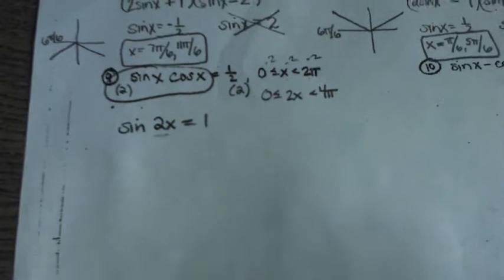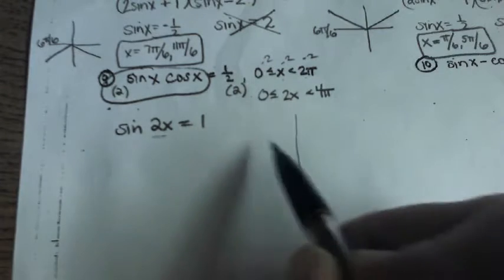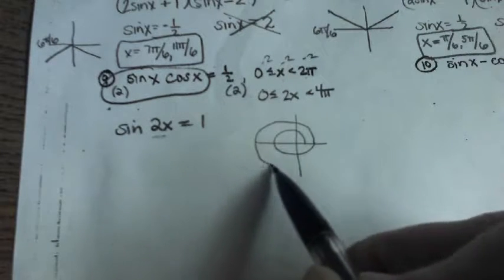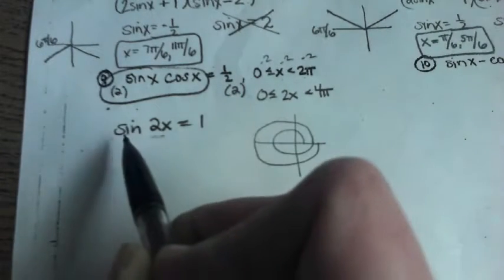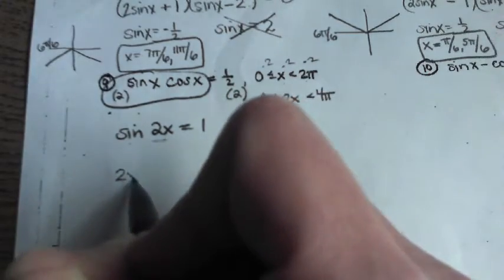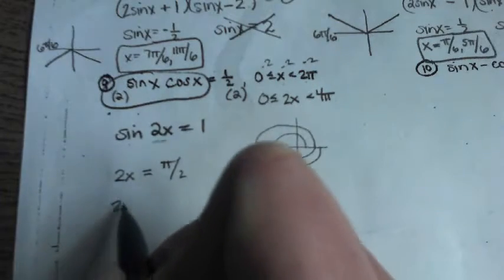So how many times between 0 and 4 pi? There's one full circle, a second full circle. How many times does the sine equal 1? Twice. Where at? 2x could equal pi over 2, or 2x could equal